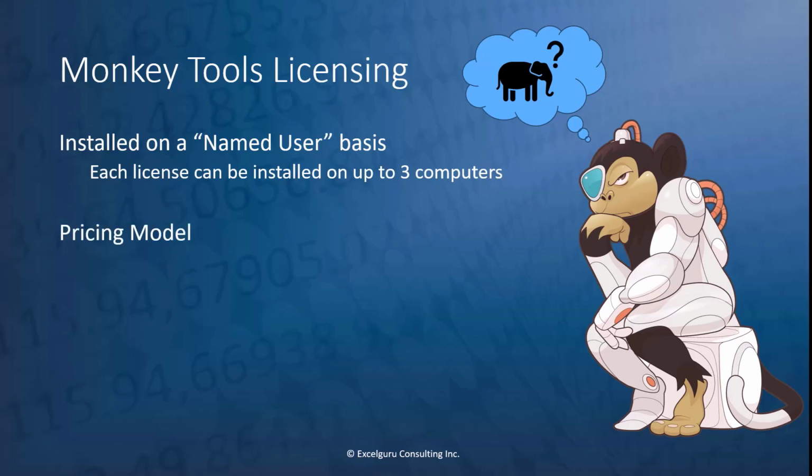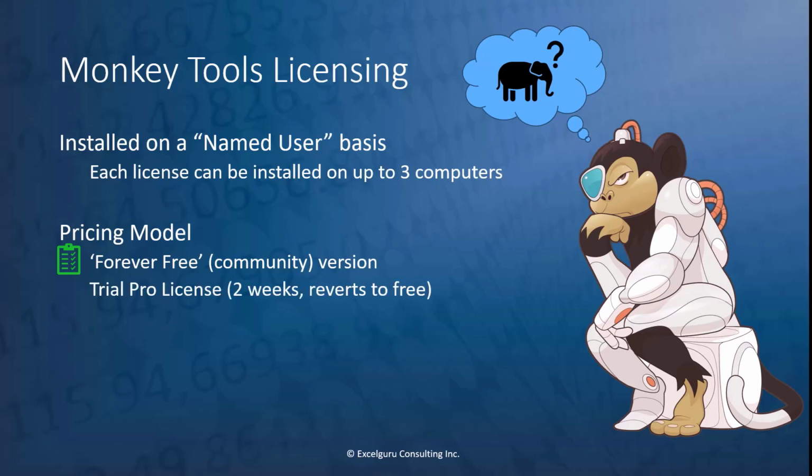Now, our pricing model works like this. We have a forever free version. This contains all of the updates, bug fixes, and whatnot that we release to pro version users because we've only got one installer. It just happens to have slightly fewer features than the pro version does. Now, if you want to try the pro version, you can do that. There's a pro trial, which goes for 2 weeks and then automatically reverts to a free license. We never ask to bill you for something that you're not going to use.